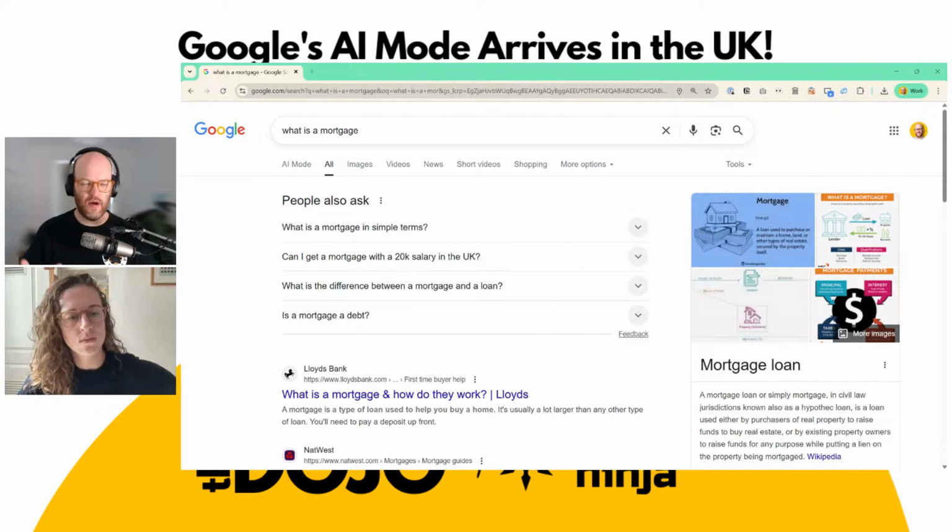I'm actually seeing quite a bit of fluctuation with AI overviews over this period of rollout for AI mode. Like a bunch of searches that I typically do to test AI overviews or to test whether AI mode appears, they're not bringing up anything right now. I would expect an AI overview to appear for this kind of search term, what is a mortgage? And it's not, it's just showing me the People Also Ask